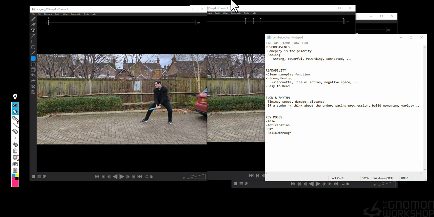So try to find that musicality within the sequence. It could sound a bit silly, but it's going to help you a lot to try to find that beat and that rhythm, and it's going to be really nice. And those are pretty much the 3 key points that I always keep in mind when crafting any type of action or combat